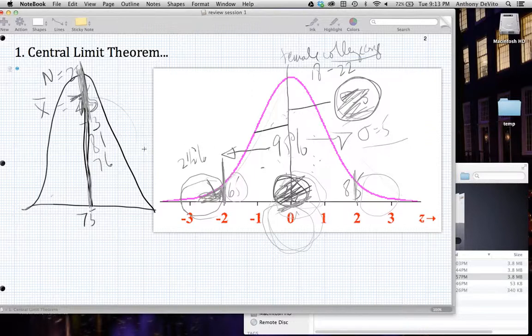Now, the likelihood of me sampling 25 people from this distribution, randomly sampling, and getting all of them in this little area down here is very, very unlikely. So I can see intuitively that this sample distribution is going to be narrower than the spread of the actual population. And we have a formula that's part of the central limit theorem that helps us determine what that sample distribution looks like. We expect the mean of that sample distribution to approximate the mean of the population,